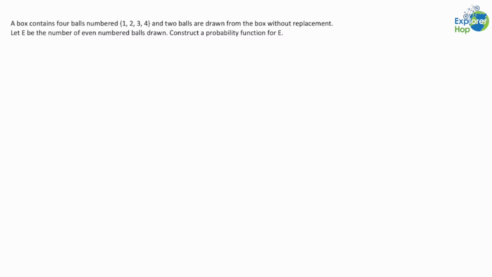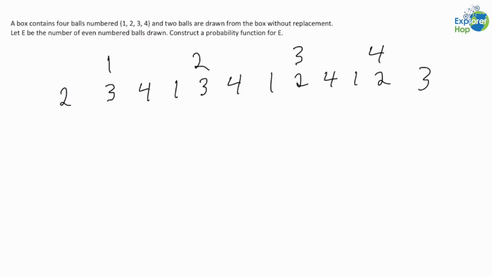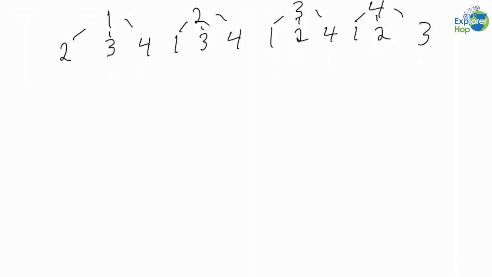So let's first start by constructing a tree diagram to visualize all possible outcomes of this experiment. As we've seen before, since we are choosing the balls without replacement, then we obtain the following tree diagram. Now, we can list all the possible outcomes in the sample space. So, the sample space